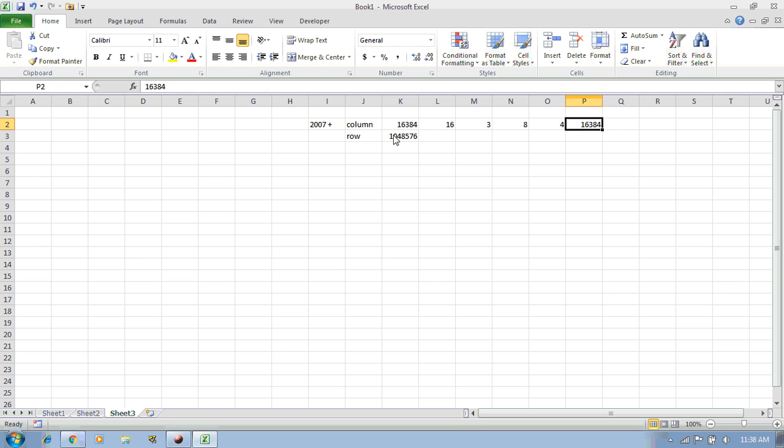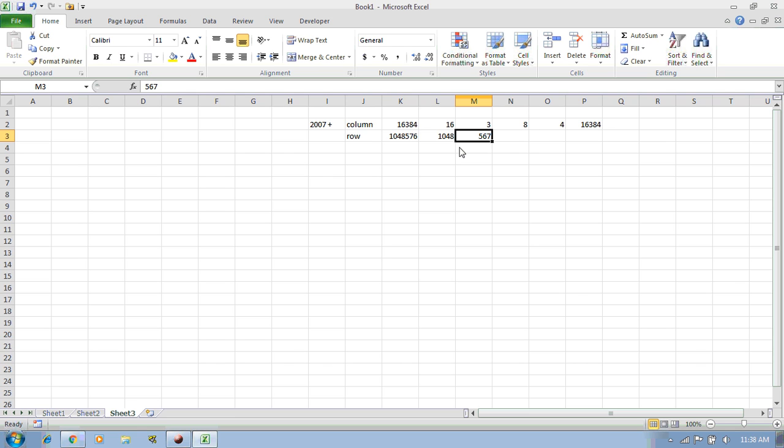And if we talk about the rows, you will always remember 10,48,000, but I think you will forget the last three digits, 576. For that you need to keep 5, 6 and 7 as your reminder.